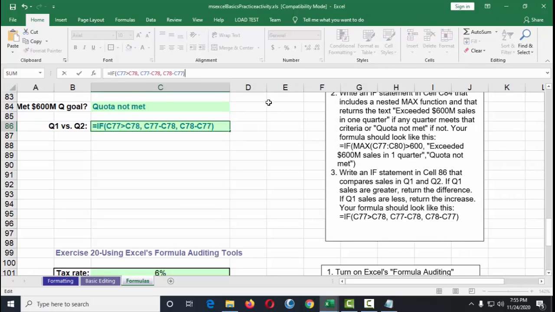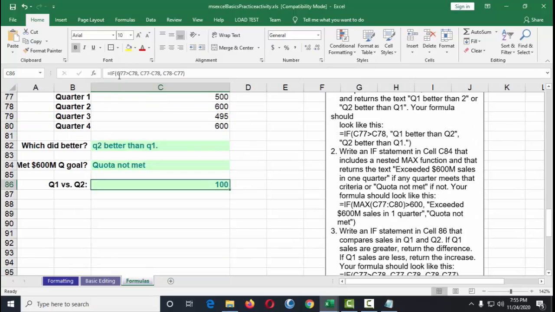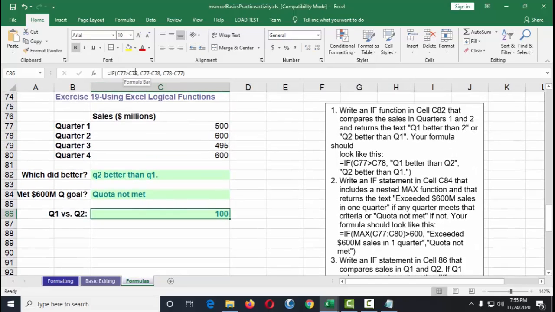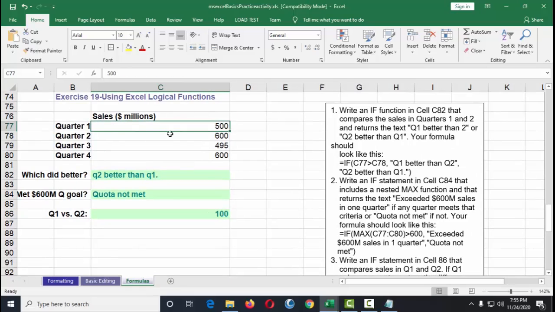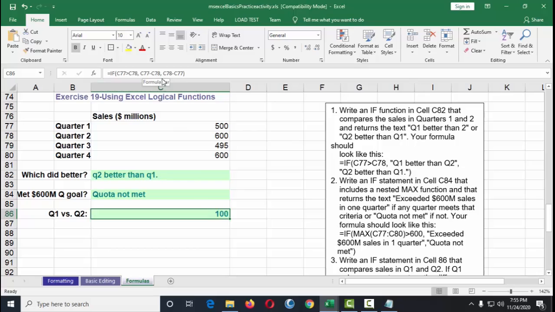There. Okay, the condition is that if C77 is greater than C78, what should be the output? The output is going to be C77 minus C78.